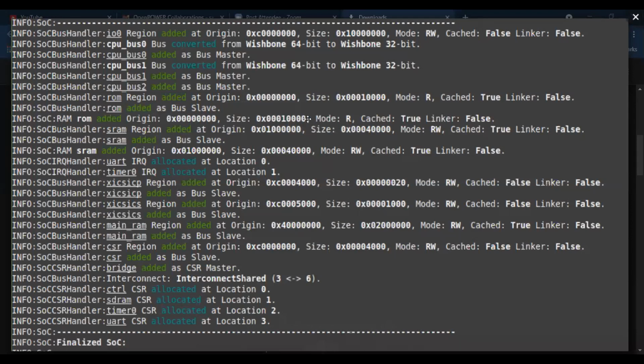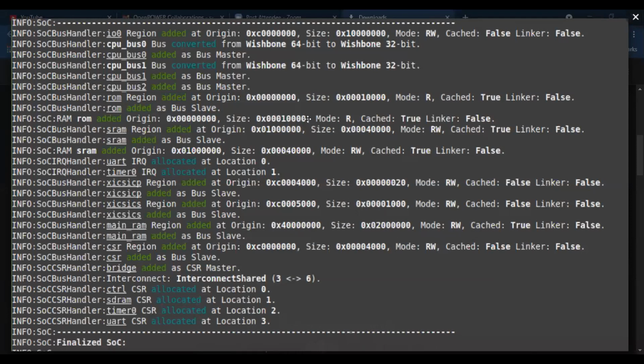Team from VIT, can somebody quickly calculate what is the decimal equivalent of this value? 0x00010000. Sixteen? No, it is not 16.